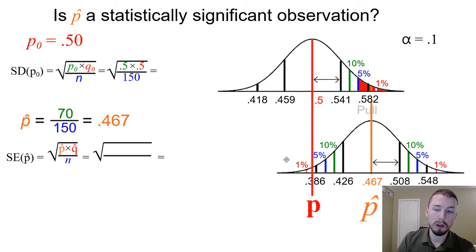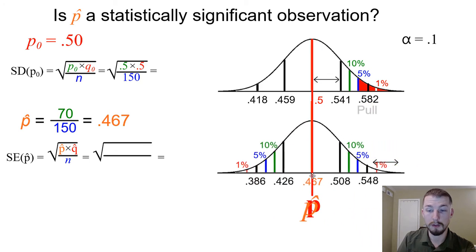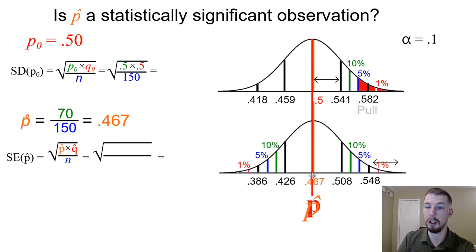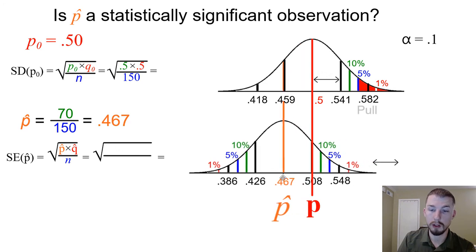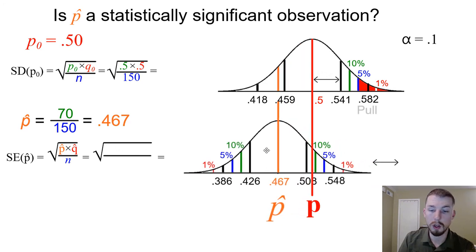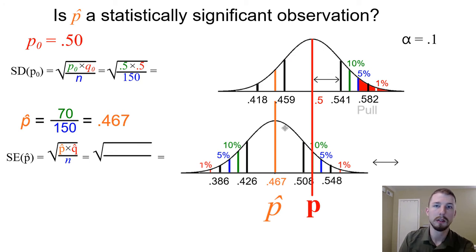Okay, and then now on the bottom, this is from the perspective of our sample proportion. Let's say that it's not. So we start out assuming that it actually is 50-50, right? What if it's actually not 50-50? What if the true proportion was what we got in our sample proportion, which we know that's not actually what it's going to be. It's going to be something else, but let's assume that it actually was less than that. Really, it couldn't be worse than 50-50 unless she got her magic backwards or something. Oh, poor lady, she's got one job and she did it backwards. Anyway, so let's say that that's what it actually was centered at, and then we would look at the probability